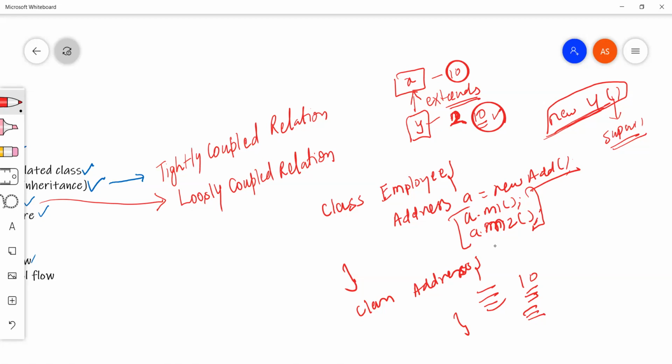At compile time, the compiler will just check if the corresponding class is there in the class path or not.